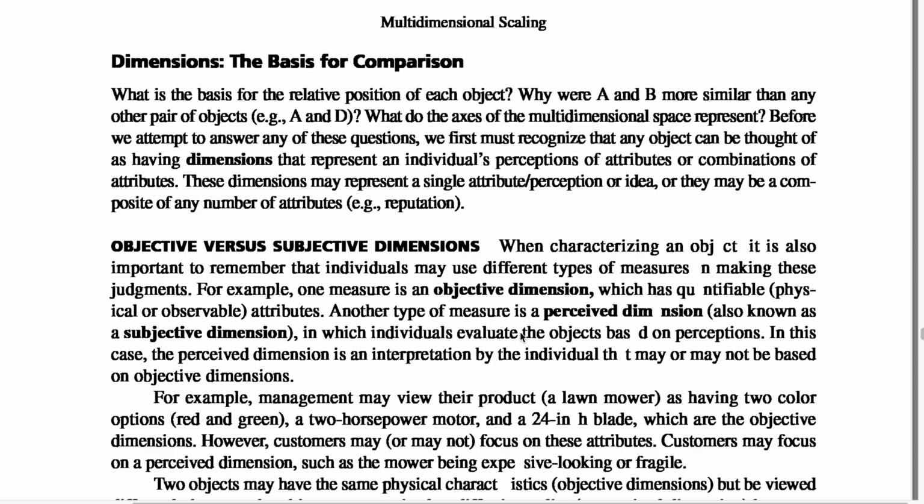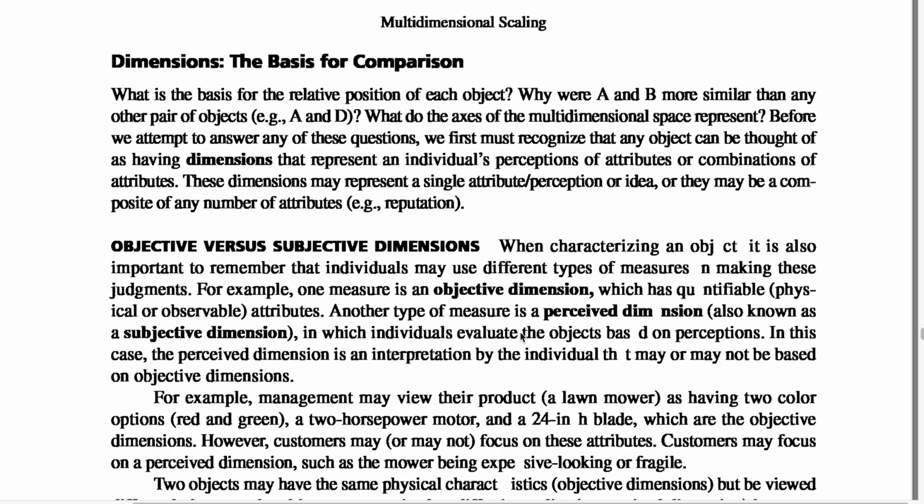Before we attempt to answer any of these questions, we first must recognize that any object can be thought of as having dimensions that represent an individual's perceptions or attributes or combinations of attributes. These dimensions may represent a single attribute, perception or idea, or may be composites of any number of attributes. Suppose